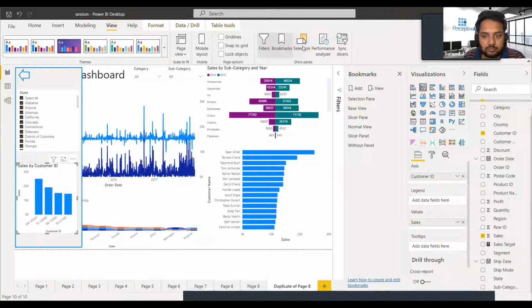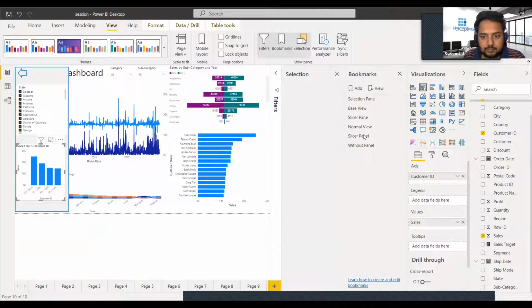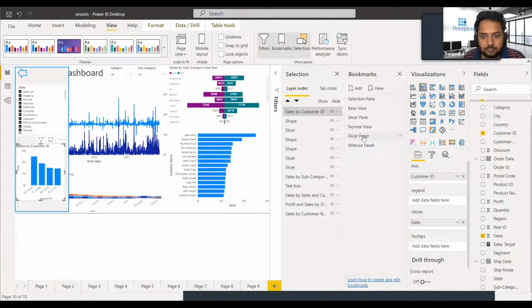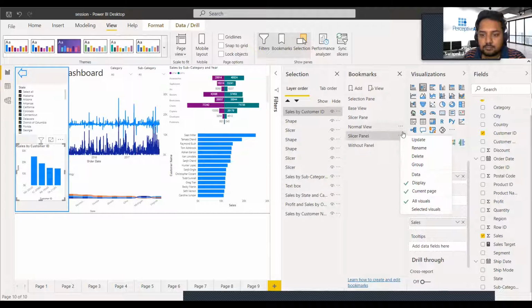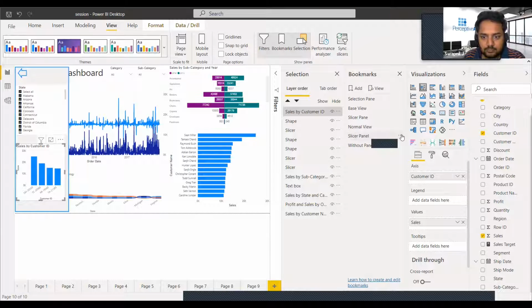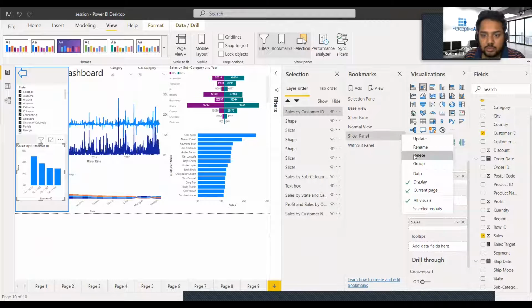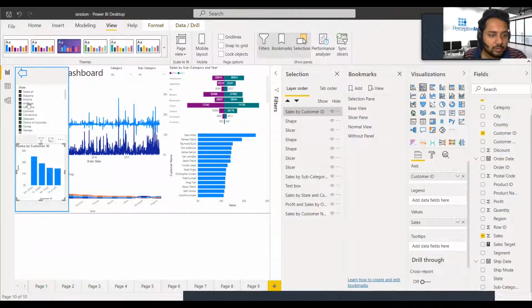Selection tool. Let me just remove this and create another. So okay, this is the view, and in this view we'll create a bookmark of it.